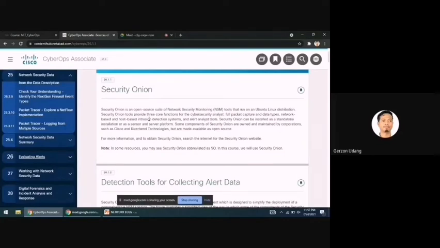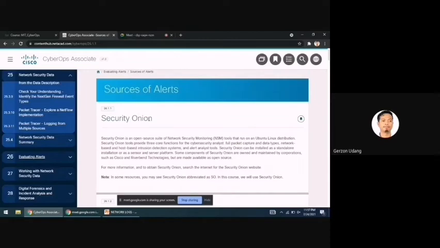Okay, so let's jump to module 26, since the last items in module 25 are just the summary naman. So let's jump to module 26, which is the sources of alerts. So first is